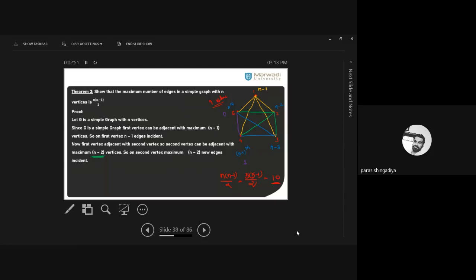5 minus 2 means 3 edges you can create, where 5 is our total vertices. So now think about n vertices. From the second vertex you can create a maximum of n minus 2 edges. That is our second sentence. Now continue this process for the third vertex. How many edges can you create from the third vertex? 2 edges. 3 to 1 is already connected, 3 to 2 is already connected, and 3 to 4 and 3 to 5 you can create as new edges. So 5 minus 3 means 2 edges.